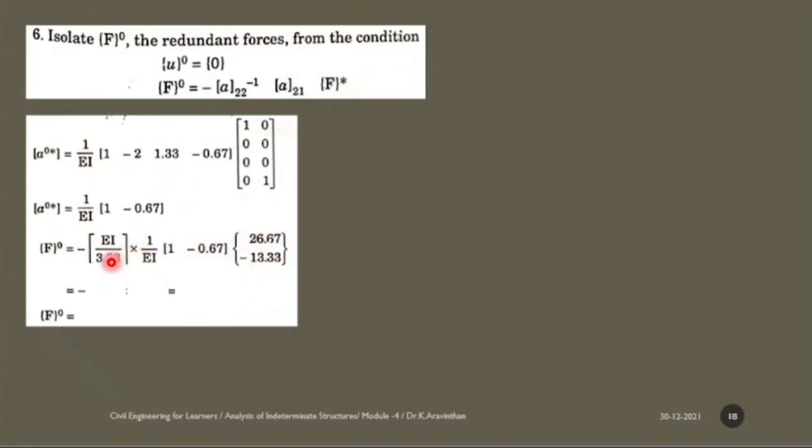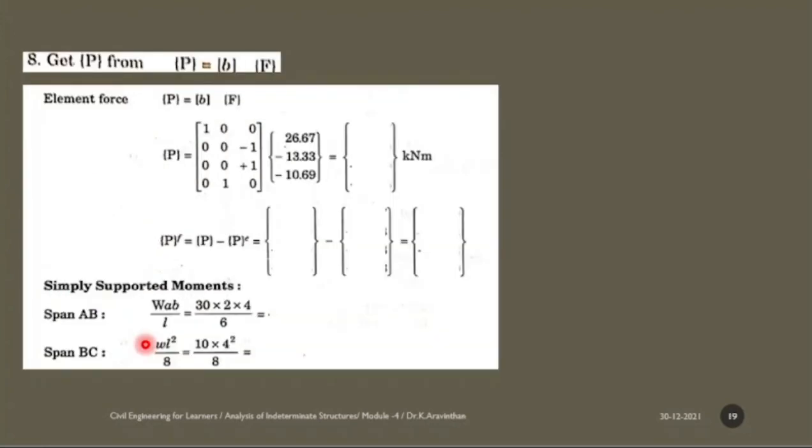First multiply this one into the 1 by 2 matrix. That is 35.6 you will be getting. If you divide by 3.33, your answer will be 10.69. Now your F naught is minus 10.69. How did you get the minus here? See, already you are having F naught in terms of minus, hence it is carried over. Take this as step number 7.